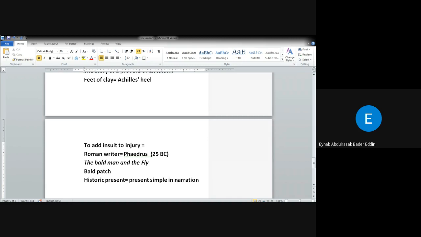Right? Clear? So to the injury of the sting. إذن إضافة إلى اللدغة التي تركتها على صلعته أضاف عليها أنه ضرب نفسه في محاولة لقتل تلك الذبابة. ومن هنا ظهر to add insult to injury. أوكي؟ واضح؟